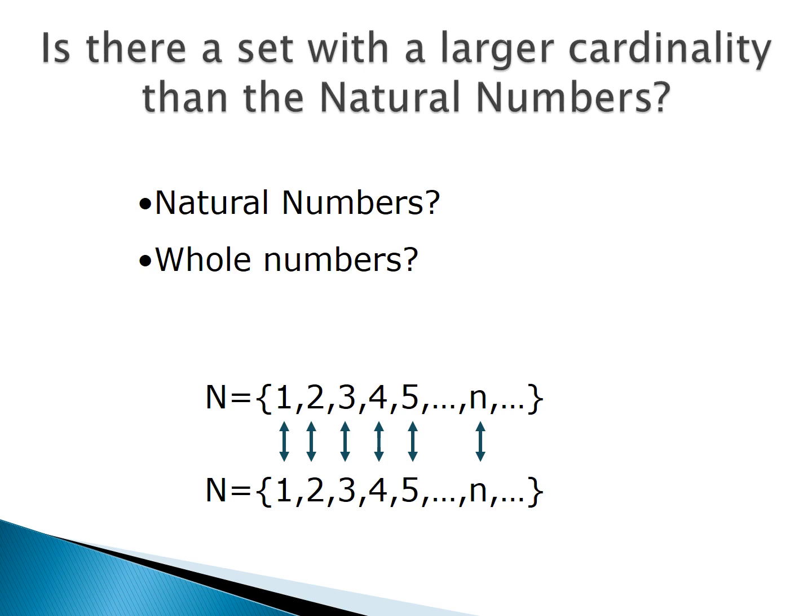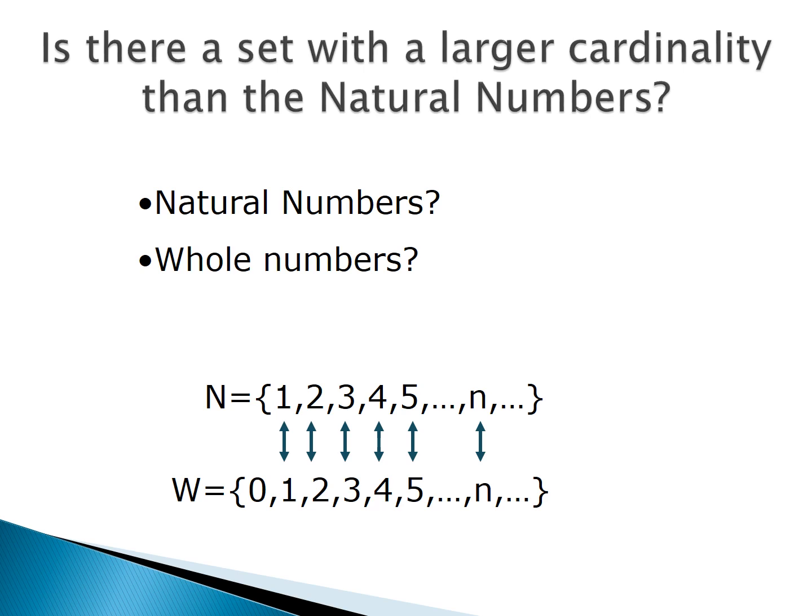Now, let's compare the naturals with the whole numbers. Would the whole numbers have a greater cardinality? After all, if we look at the whole numbers, oh wow, it's all of the natural numbers plus 0. Well, wouldn't that mean that there's one more element in the wholes than there are in the naturals? If we look at the pairing that we had and simply put 0 at the beginning of this, wow, that would give the idea that maybe the whole numbers have a greater cardinality, that it could actually be larger than the natural numbers. But just because we don't get a one-to-one pairing the first time that we do it,